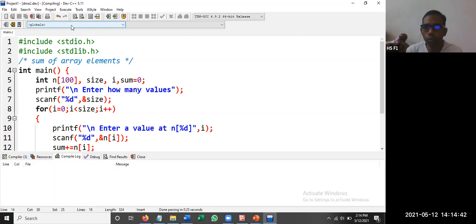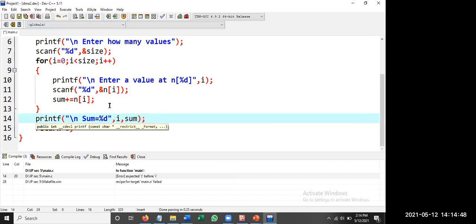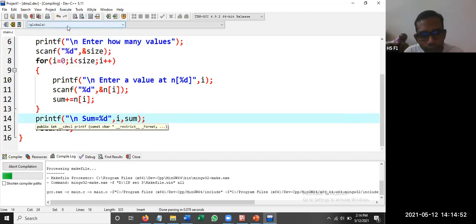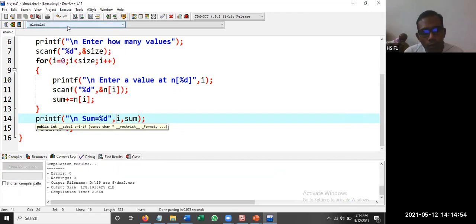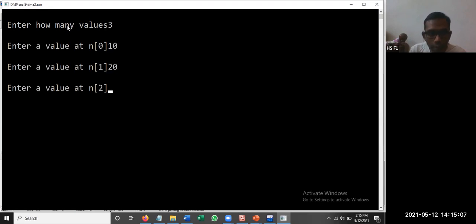What's the issue? Sum is equal to, yes, there is a comma missing. Thank you. Compile and run. How many values? 3 values. We have allocated 100 into 4, 400 bytes. We are using only 3 memory locations, so full wastage. 10, 20, and 30.